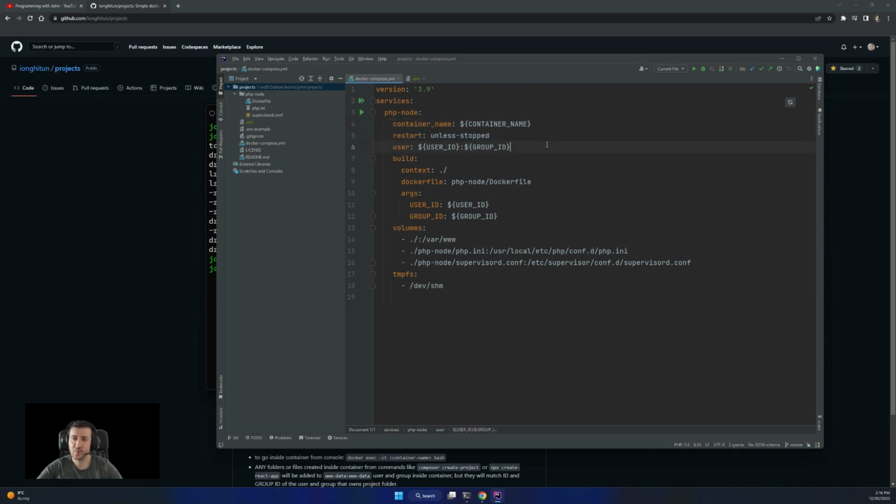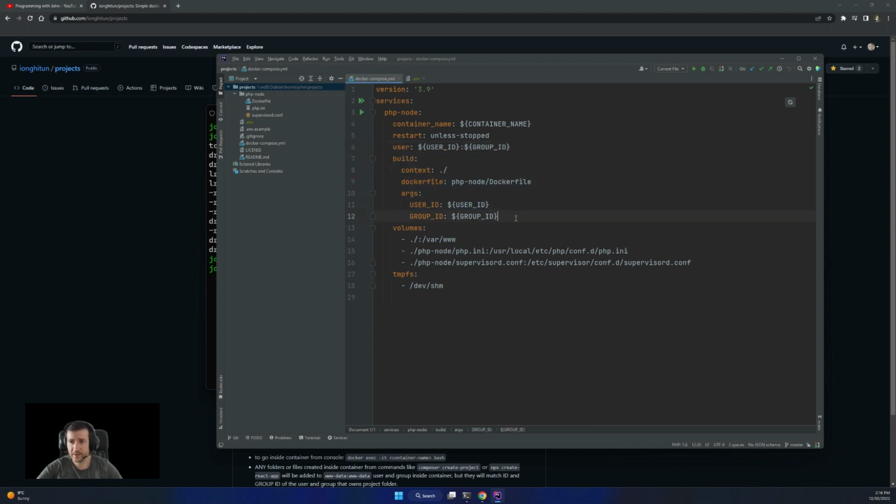The restart unless-stopped is for a container to restart automatically whenever Docker starts. Then the user that we are passing will be the default authenticated user when we exec into that container. We'll see in a second what Docker exec does.